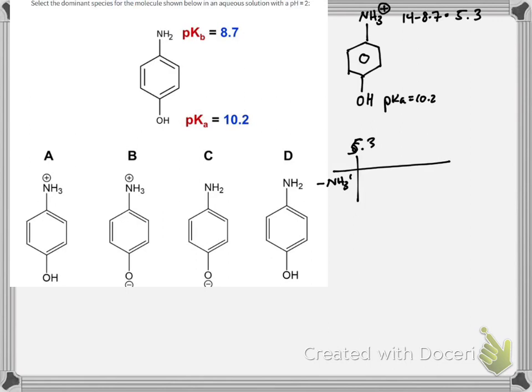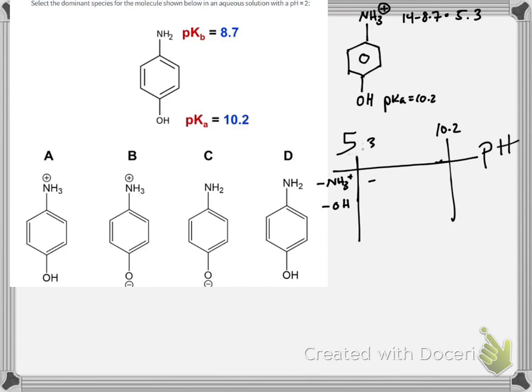We're creating the line here for pH for the two acid groups and the two pKa's. So one pKa is 5.3, and once the pH, remember this is the pH scale here,